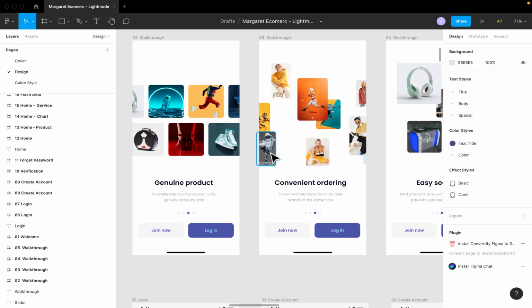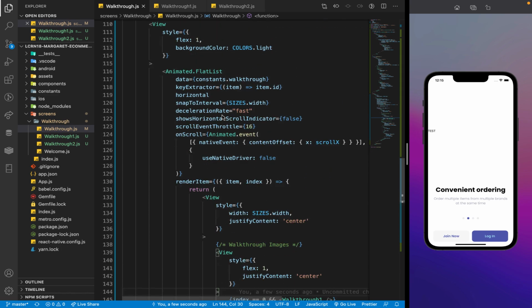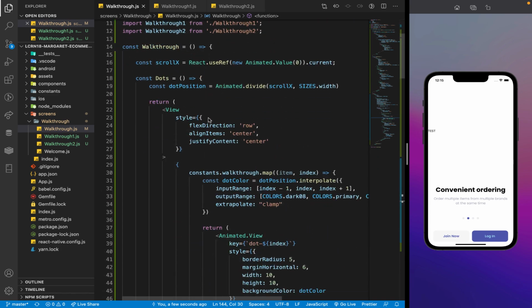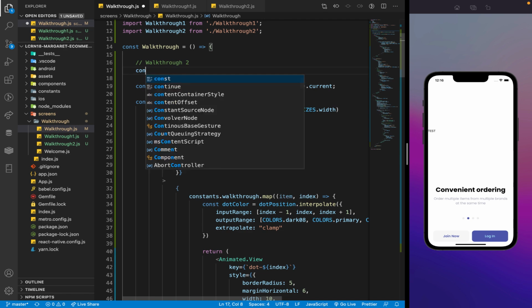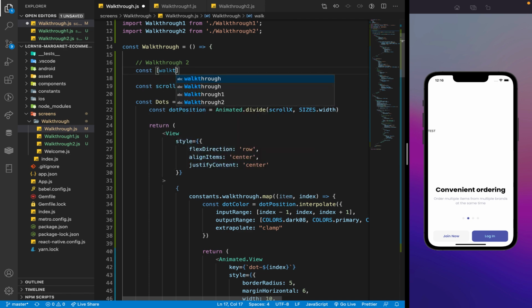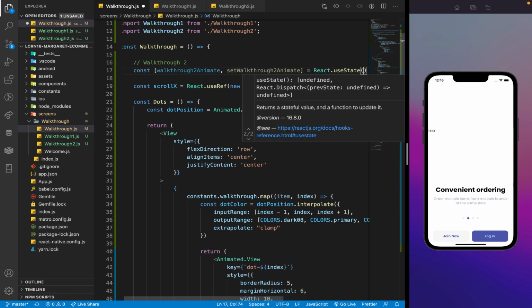In order to achieve that, we need to define a state over here. So we need a state for walkthrough 2: constant walkthrough to animate, set walkthrough to animate equals React.useState, and the initial value is